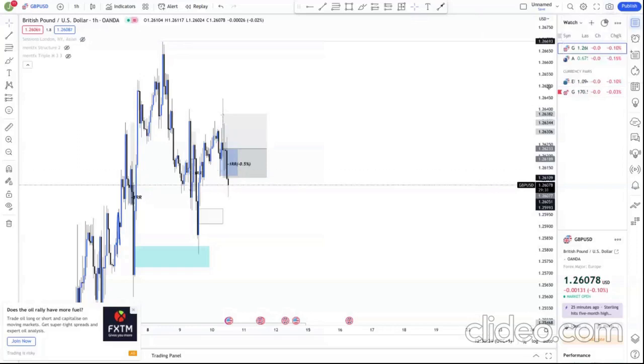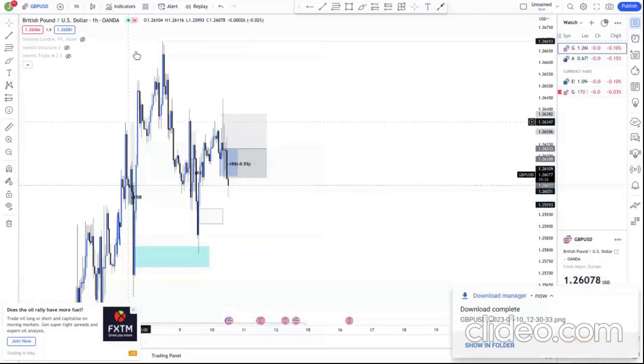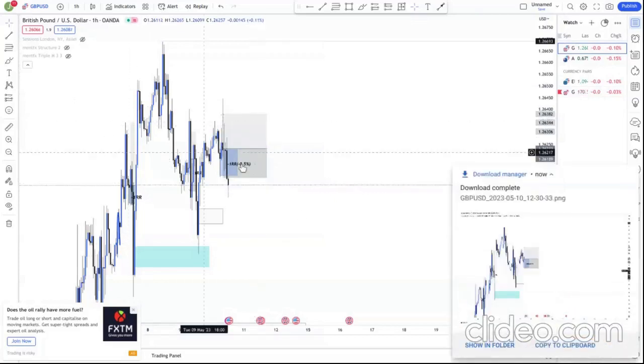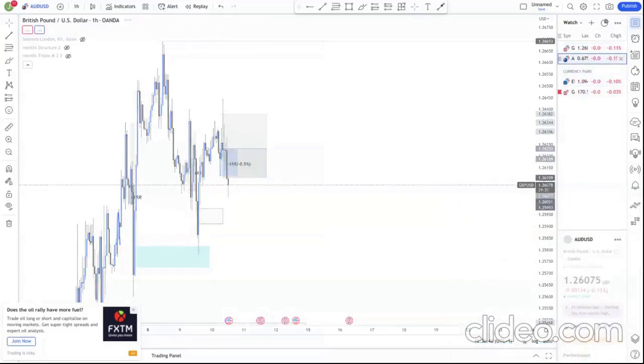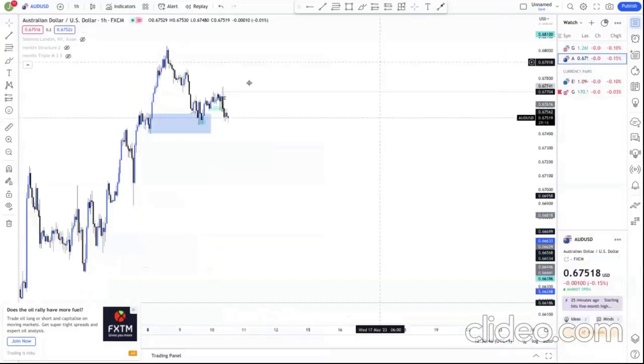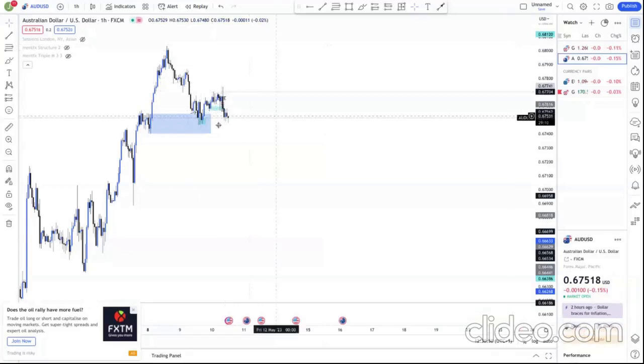So I took a loss on GBP USD. I'm on a losing streak. Three trades lost on GBP USD. Three-loss streak, I don't know how to put that word, but while on AUD USD, I broke even. I already downloaded for AUD USD, but I'm seeing some